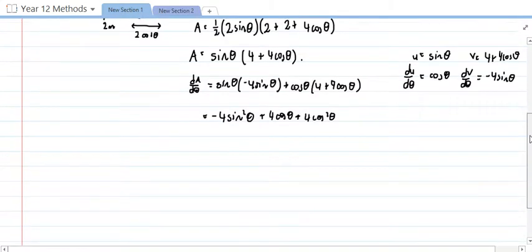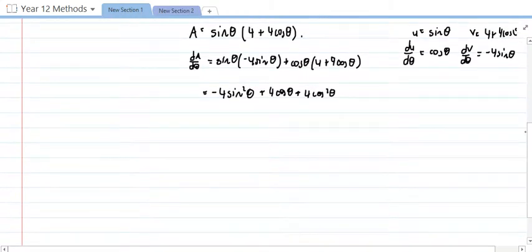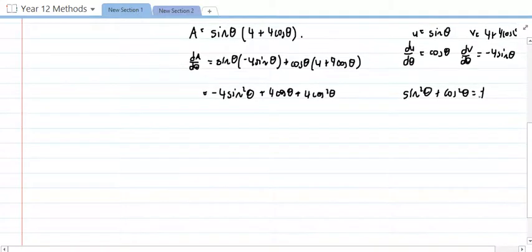Okay, so at the moment I've got this equation which is in terms of sine and cos. And as I said, that's not all that good. Now what I'm going to do is use the Pythagorean identity, which says that sine squared theta plus cos squared theta is equal to 1. So I'm going to rearrange so it says sine squared theta equals,